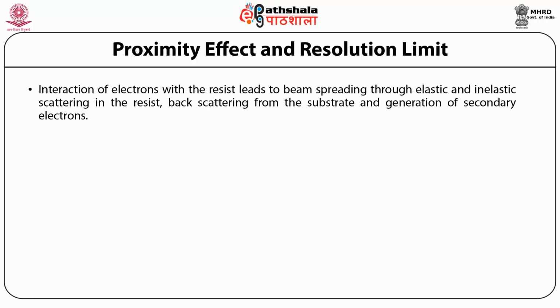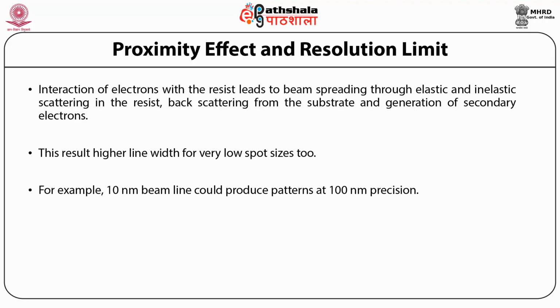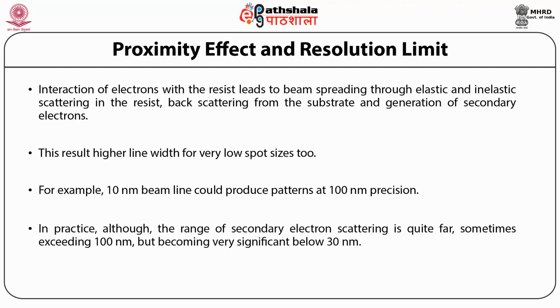Interaction of electrons with the resist leads to beam spreading through elastic and inelastic scattering in the resist, backscattering from the substrate, and generation of secondary electrons. This results in higher line width for very low spot size too. For example, a 10 nanometer beam could produce patterns at 100 nanometer precision. In practice, although the range of secondary electron scattering is quite far, sometimes exceeding 100 nanometer, it becomes very significant